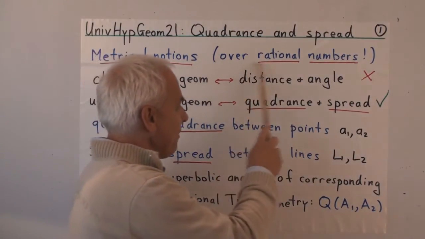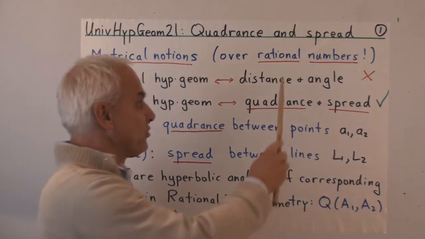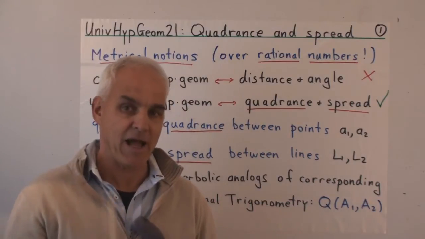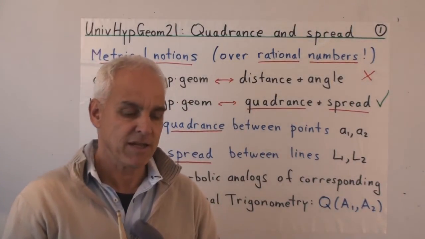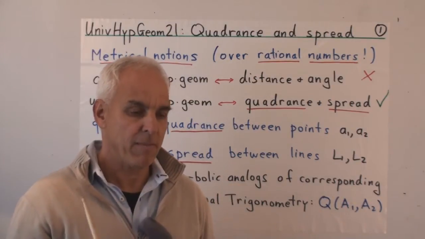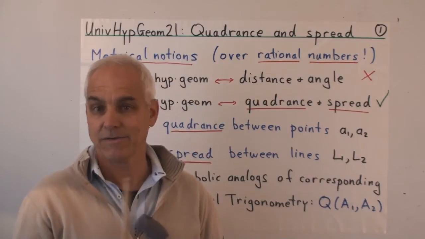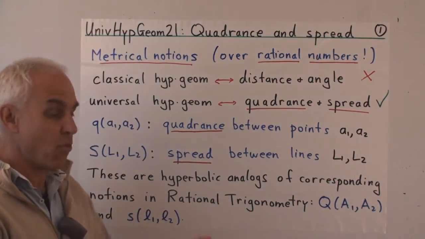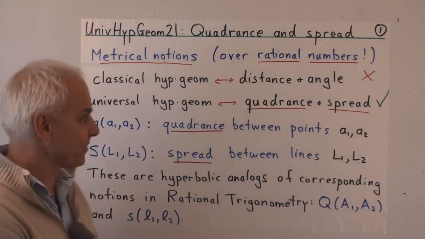And a big difference between this and other courses is we're going to be able to do everything over the rational numbers because we're doing everything completely algebraically. Everything is much more precise, much more careful, fits together much more clearly and compactly and pleasantly than in traditional courses. There's no waffling here, or there at least shouldn't be if I do things right.